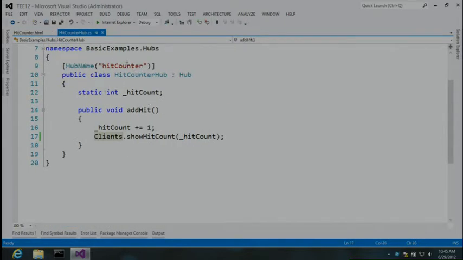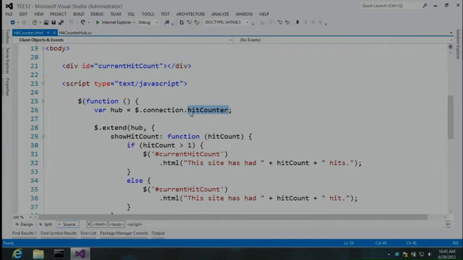Now, remember before when I mentioned this hub name attribute? Whatever I put in that hub name attribute, in this case I put hit counter in there, that is what I'm going to put right here. And remember, what that SignalR hubs guy is going to do is build a proxy for every hub inheritor in your assembly. It's going to build one dynamically for you and just pass it down the wire. So whenever I run this, it's going to basically give me the name, and I can just ask for it